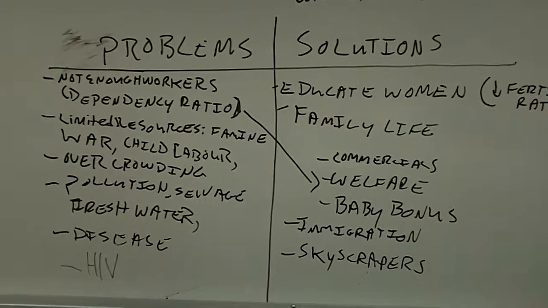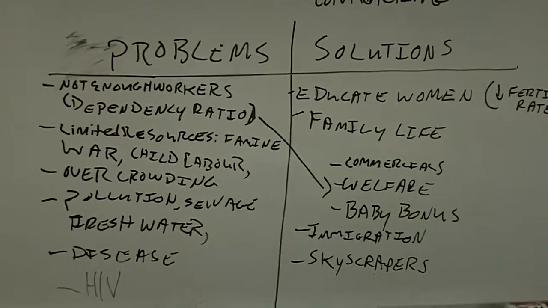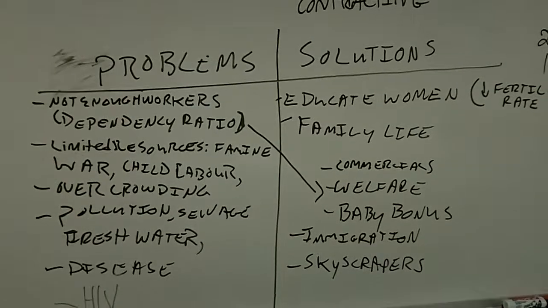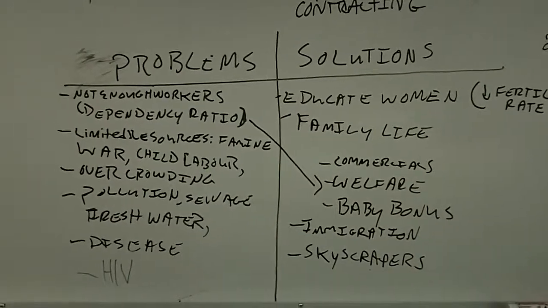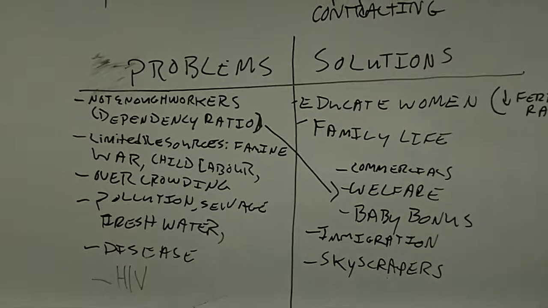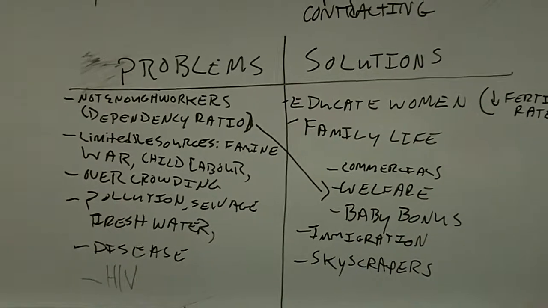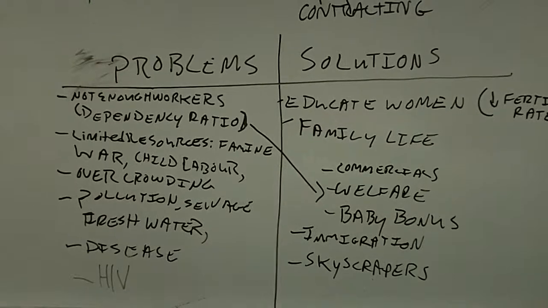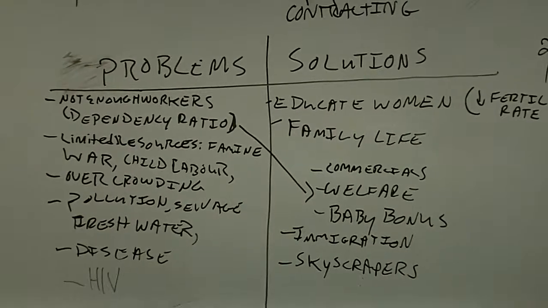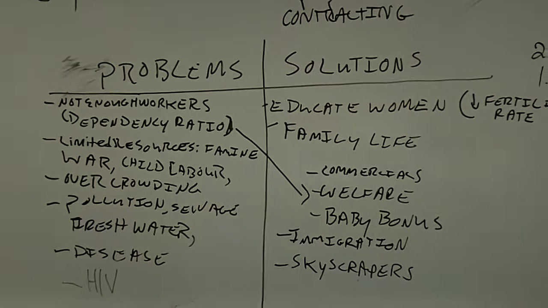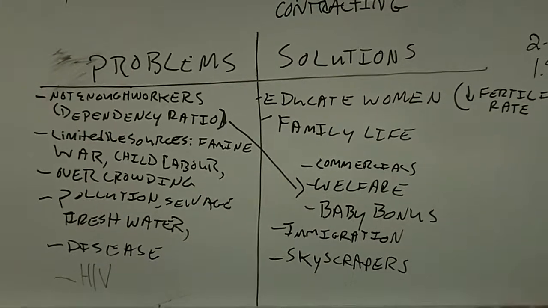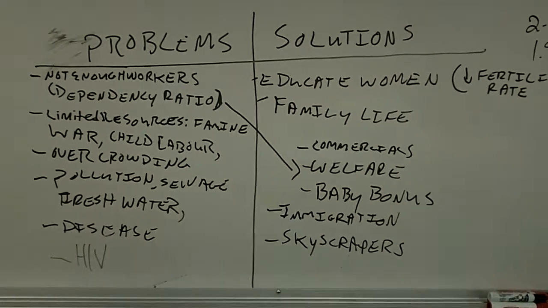Now the biggest population problem that we encounter in the world is really that we have too many people in a country. So there's limited resources in a country and too many people trying to get at them. So this usually leads to famine, war, child labor, some of the terrible things that we've studied in class. There's usually overcrowding, pollution, sewage, fresh water access becomes an issue, lots more diseases with lots of people around,